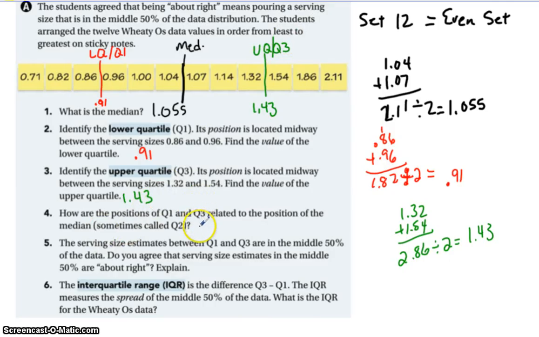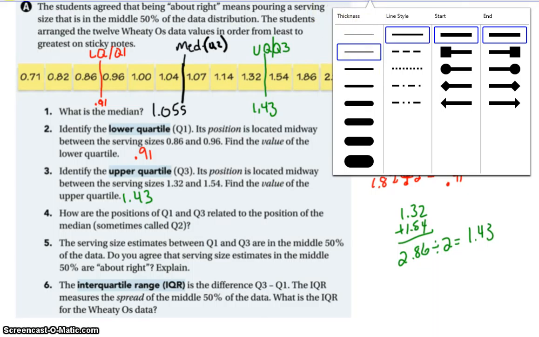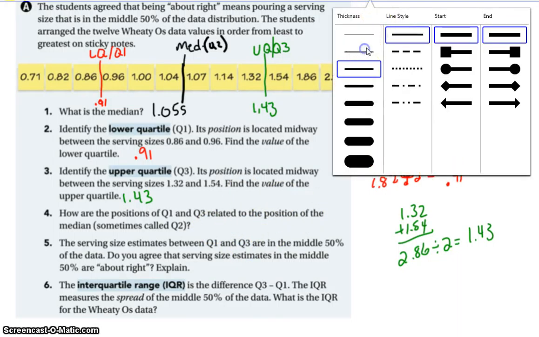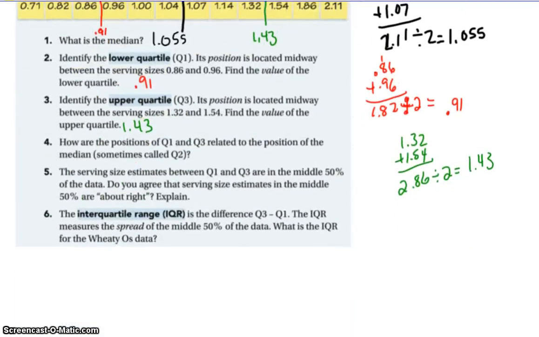How are the positions of Q1 and Q3 related to the position of the median, sometimes called Q2? So this could also be known as Q2. All right, so what we're going to do is describe how that position is related to the median. Okay, and it's very simple. The relationship between the quartiles and the median, so for A4, is that the upper quartile, or UQ, or quartile 3,